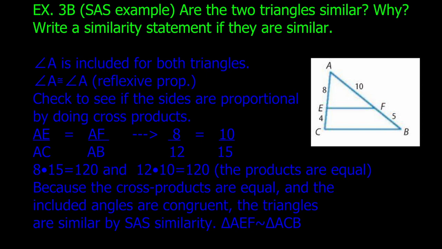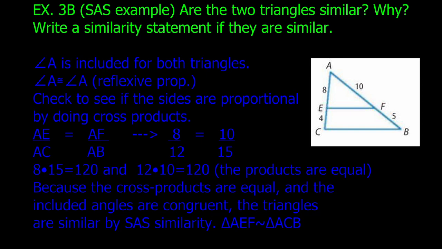And then for the large triangle, AC is a known side, it's 12 because 8 plus 4 is 12, so that whole side is 12. And then AB, 10 plus 5 is 15, so AB is 15. All right. So again, I'm adding those sides to get the whole length of the side. 8 plus 4 is 12 for the whole length of AC, and 10 plus 5 is 15 for the whole length of AB. A is congruent to itself because of the reflexive property, so then you set up a proportion to see if the sides are